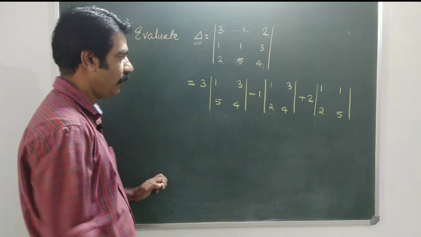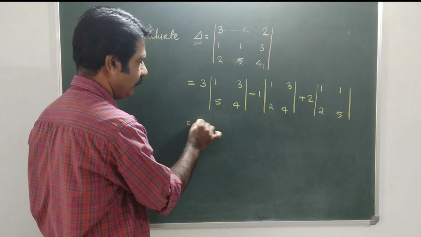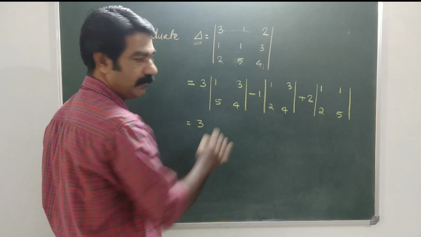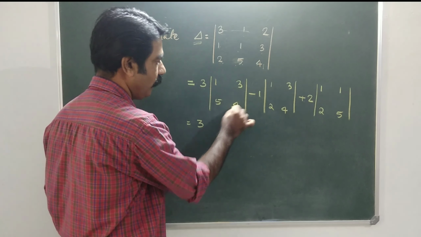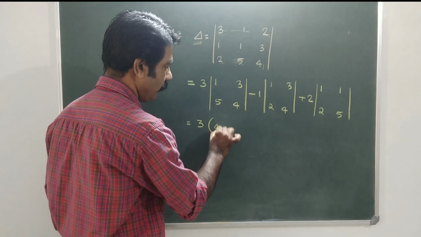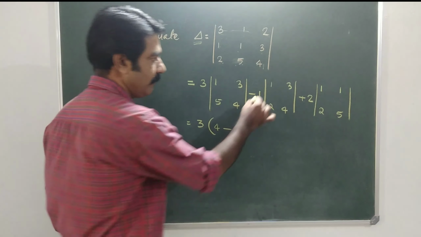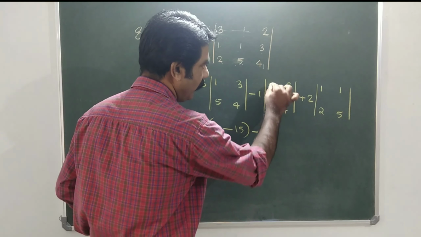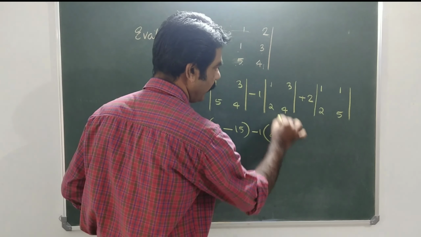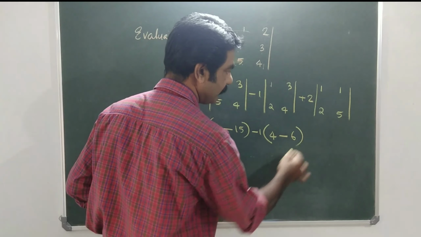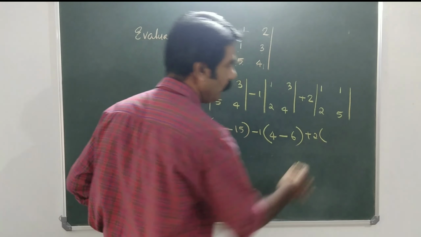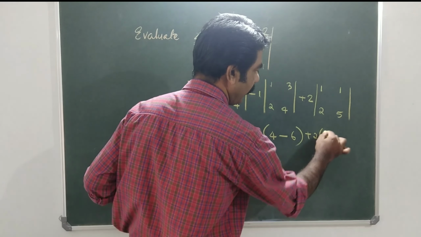Now that is equal to 3 into, we expand this 2 by 2: 1 into 4, which is 4, minus 5 threes are 15. Again minus 1 into 4 minus 2 into 3, which is 6, plus 2 into 1 into 5 is 5, minus